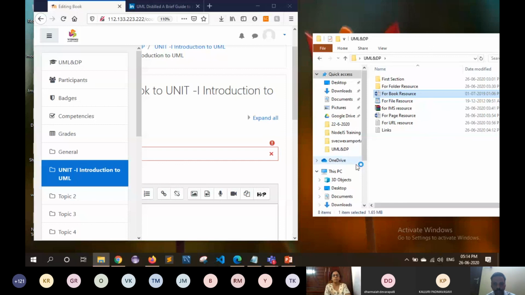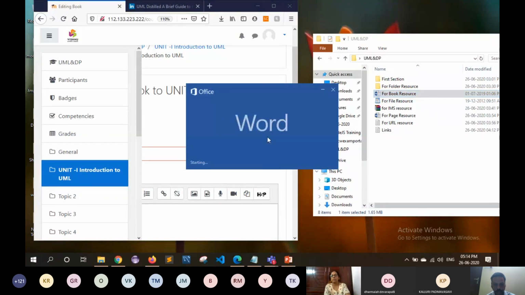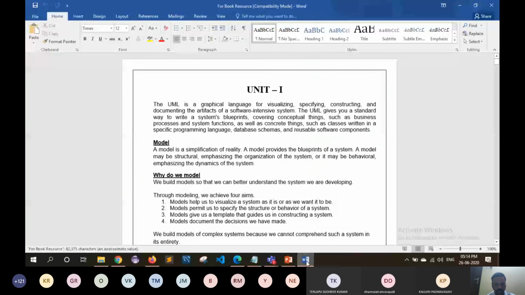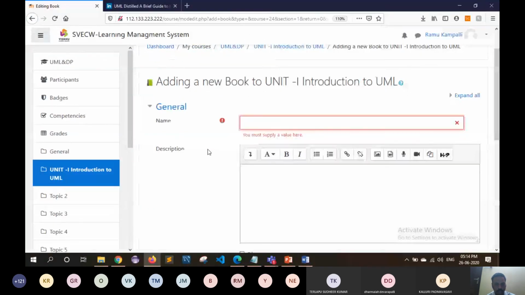I have the content, for example, for creating the book inside Moodle itself. So the name or title of the book which you want to create.